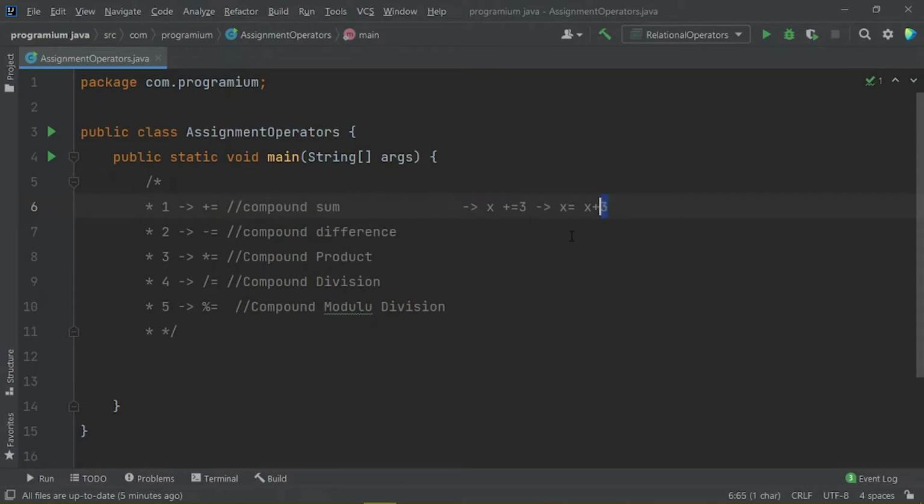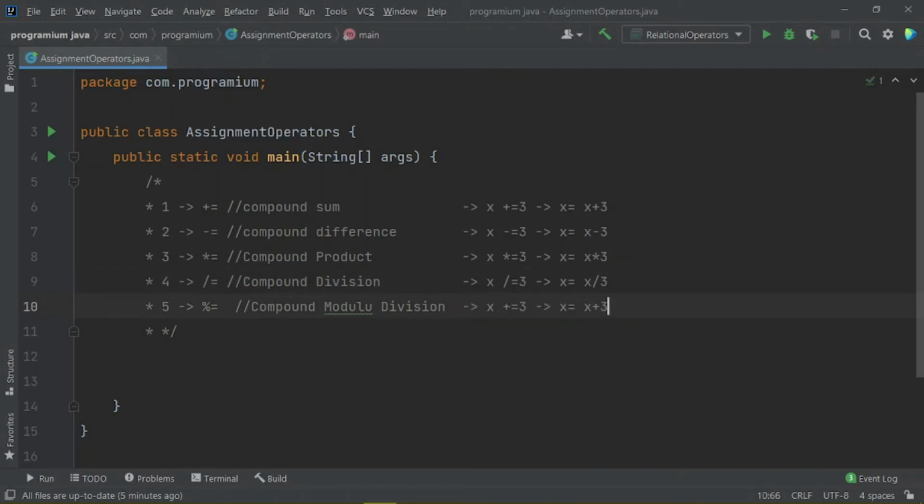So let me just duplicate this, copy this, sorry, and paste it here, and I am using here a minus sign, again a minus sign here. Let me again paste it here. This time I'm using multiplication, paste it here, and this time is division.